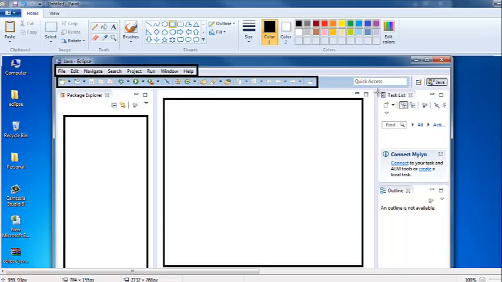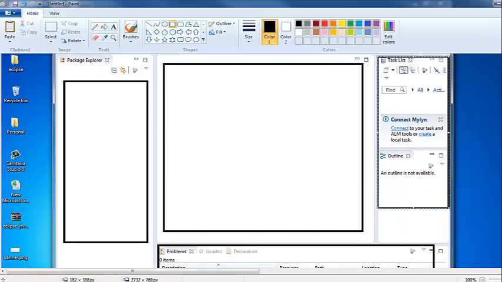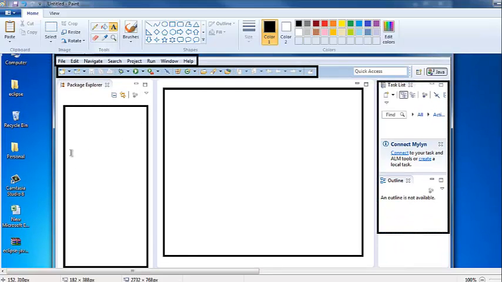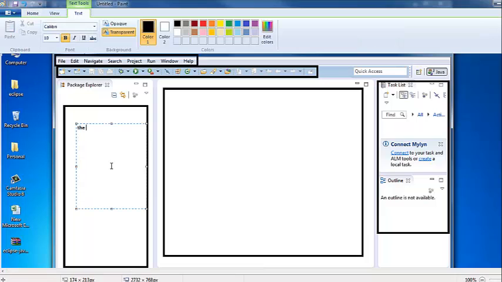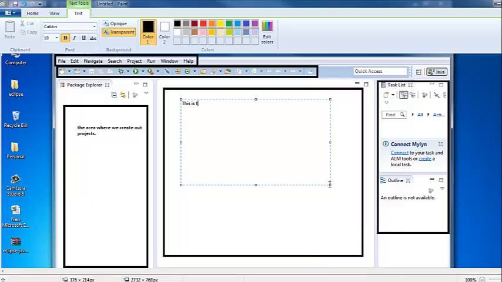Let us forget this area for the time being, as it is very less used, and we can skip it. Alright, so this area is nothing but the area where we create our projects. This is the area where we will be writing our Java code.